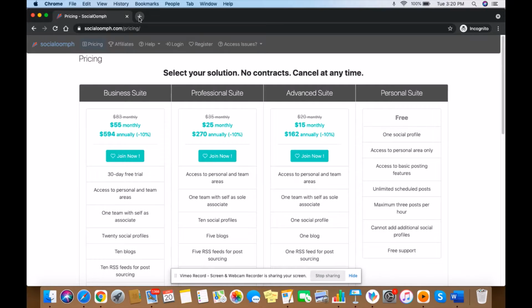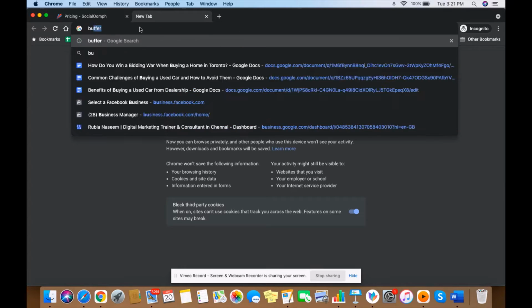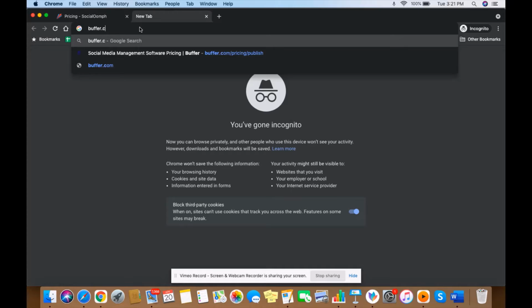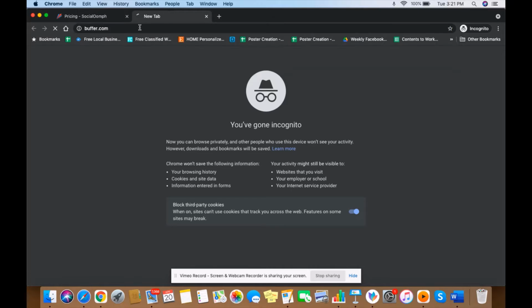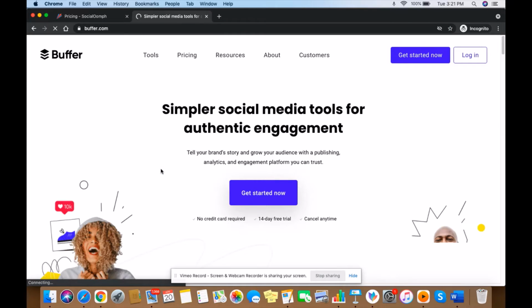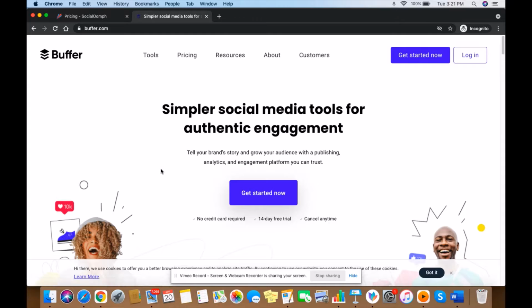So the second platform which I wanted to discuss with you is nothing other than buffer.com. I believe everyone would have heard about buffer.com. It is a very user friendly social media platform where you can easily schedule your posts and analyze the reports as well.